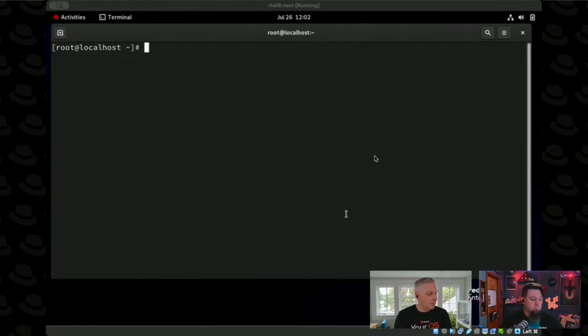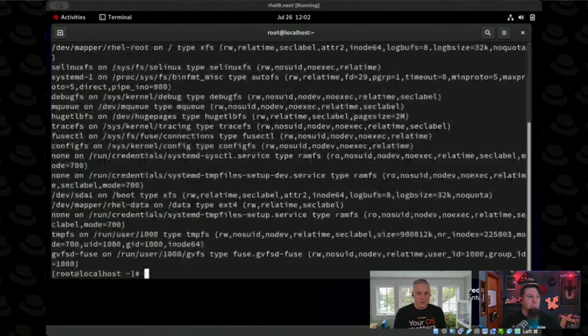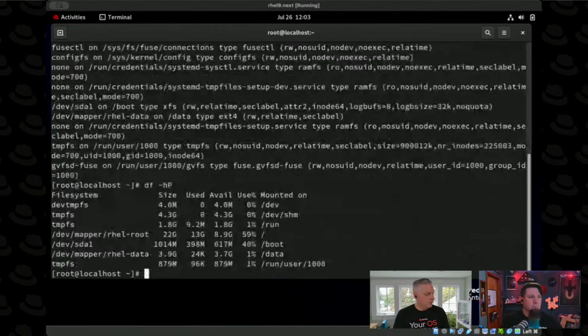So things are mounted, they're disk free and